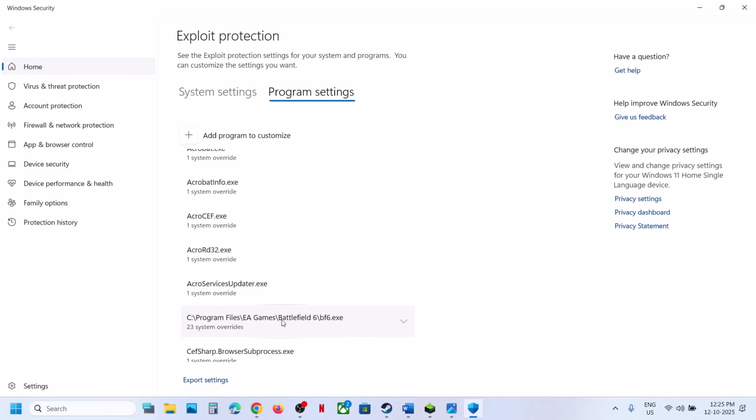Now if you face any problem, if you want to go to default, you can always remove this. You can, whenever you want, you can remove this. This will take the exe file to the default. Now still not working. The next step is to